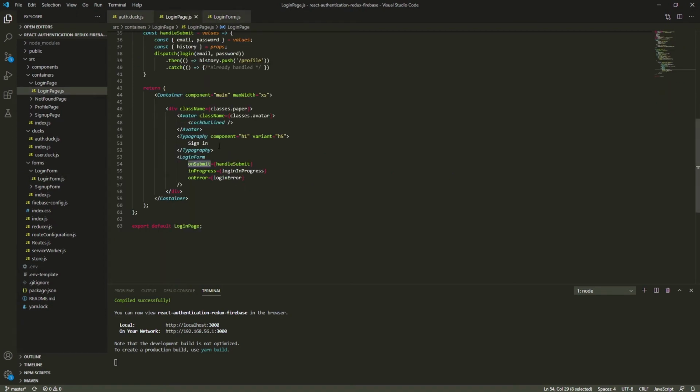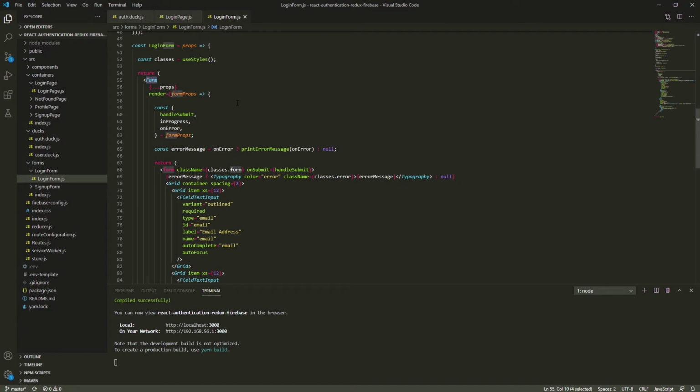All right, so basically it will be executing this. I know it's weird, but it is how React Final Form works. We also are receiving the in progress and on error because we passed those inside here, so basically we can get it in here. All right,